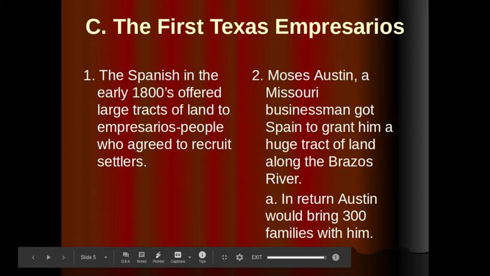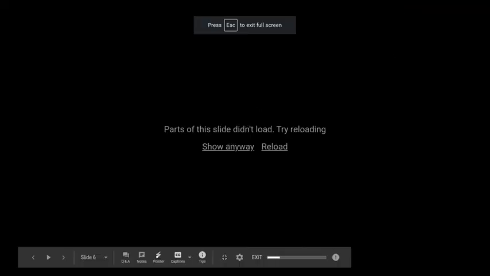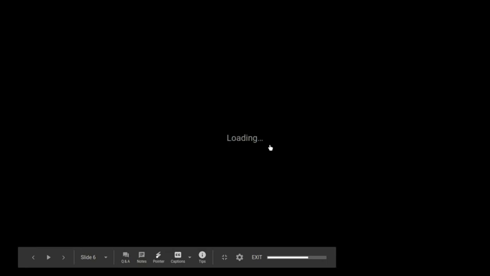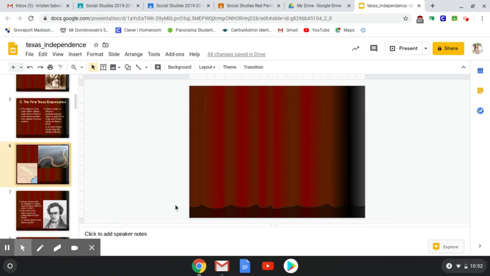So this was a trade to increase settlement from Americans to Texas and bringing them to be Mexican citizens, or sorry, Texas citizens. Oh, if this is going to load here, hold on, I apologize. So right here is the Brazos River. If it will load, uh-oh, hold on. Looks like the river slides aren't loading in my slides, so I'll just point to them right here in the corner. Hopefully you can see my mouse. The Brazos River was a river that went right here through Texas. So it was a very large point of land. That was how they were bringing them through the Brazos River.